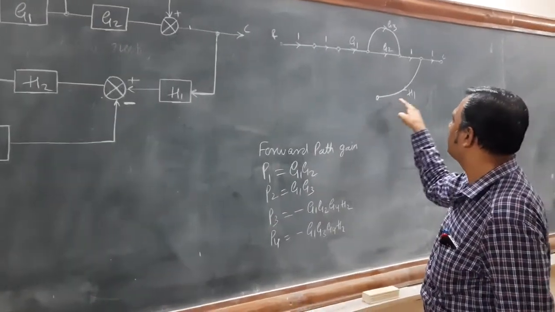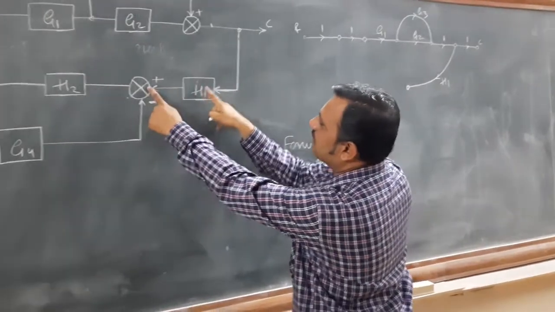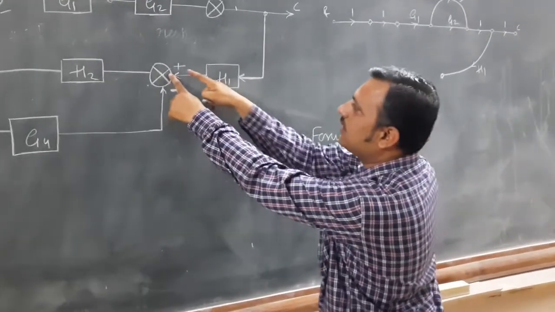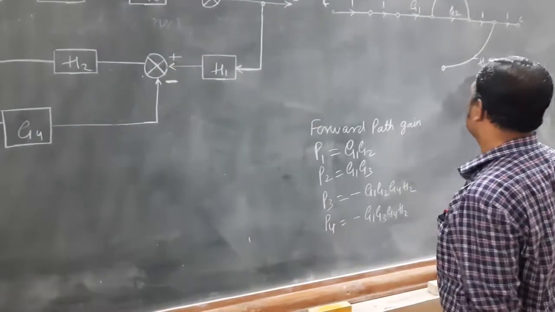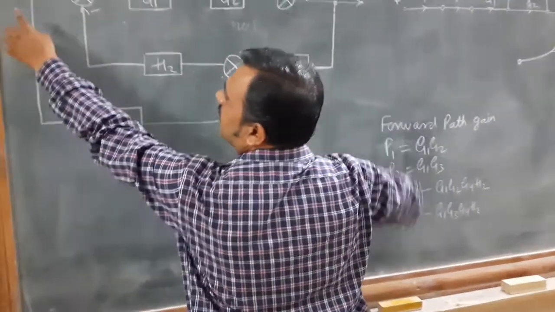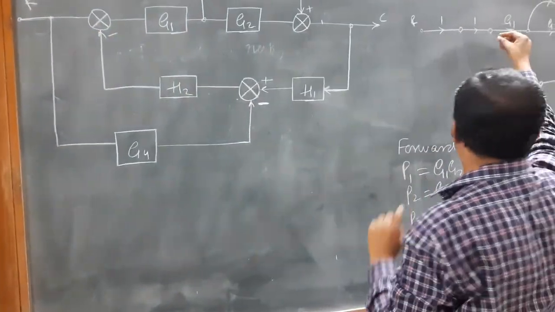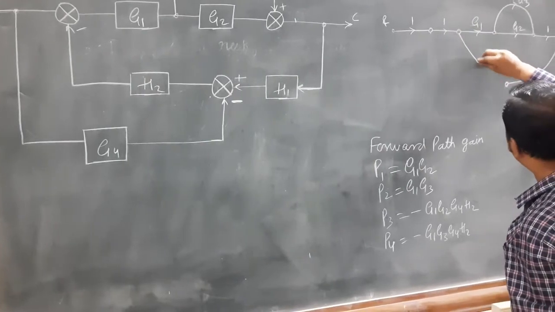From this point, because from here to here we have taken the branch, the block value is h1 and the sign is plus, hence we have taken the h1 only. Next, from here to here, this is the input 1, 2. I will take from here. From here to here, I will join the